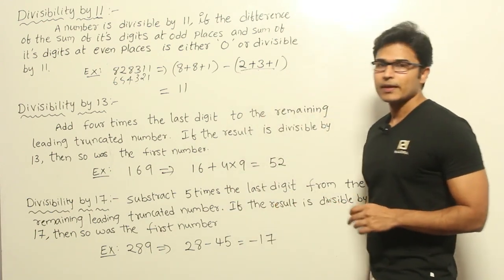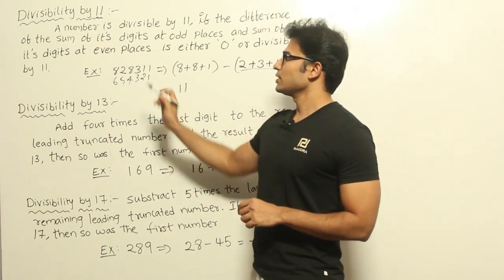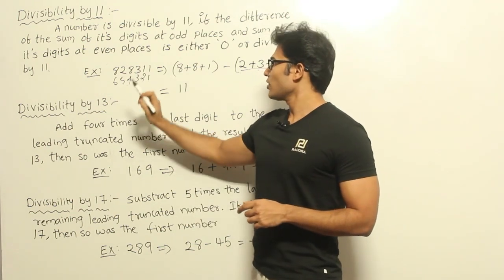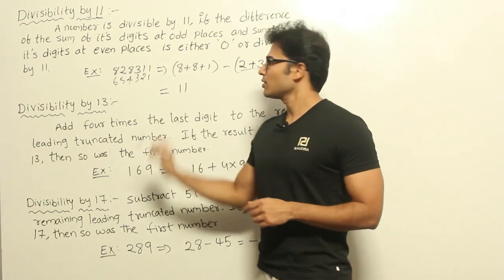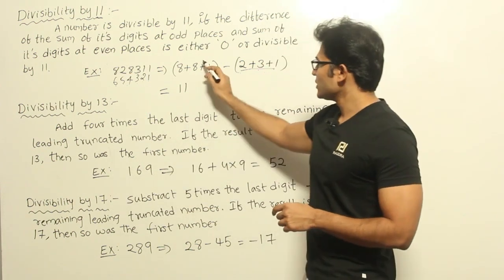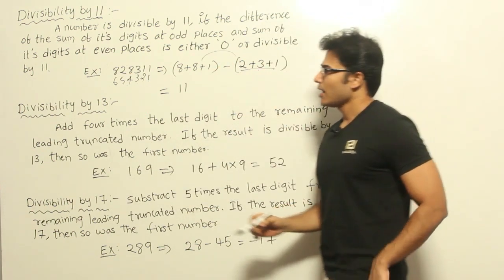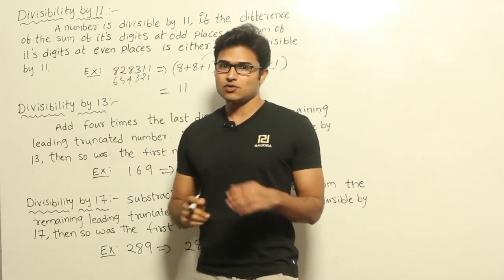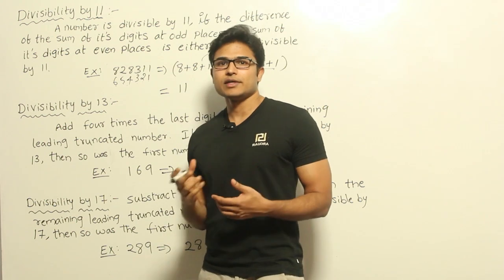1, 3, 2. Similarly, you take the numbers which are at the even places, which means 2, 4, 6. Now what are the numbers? 1, 8, 8. Now add them. Now you find out the difference, right? See, either you could number it from here or you could number it from here. So what happens is, in some cases,